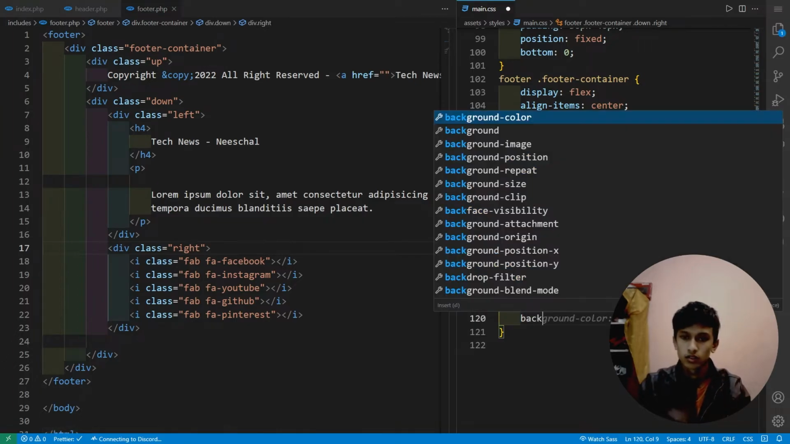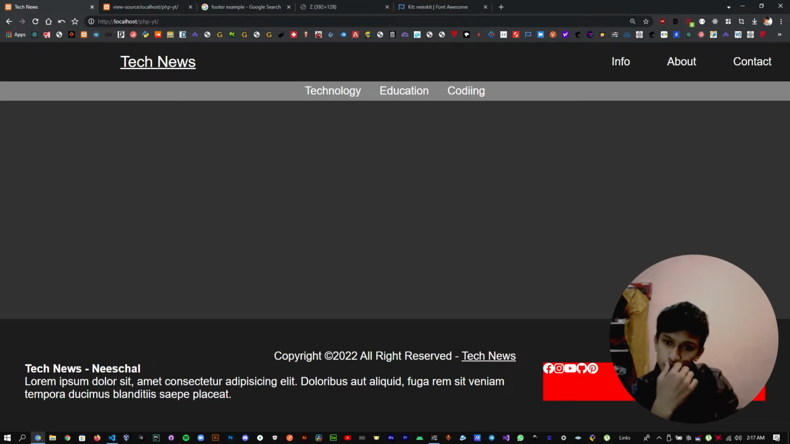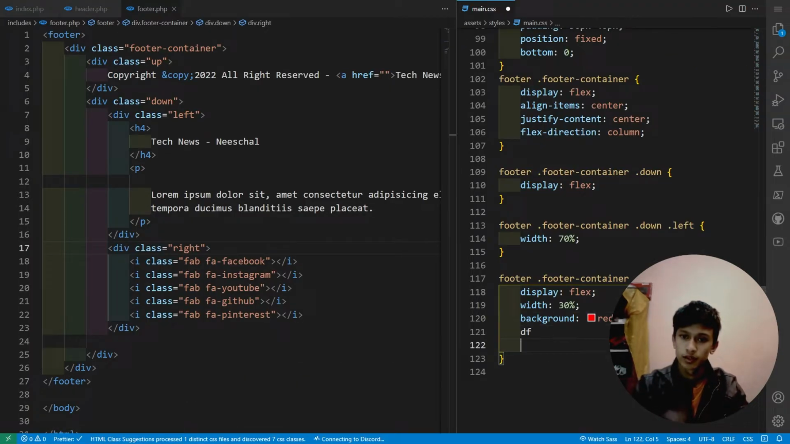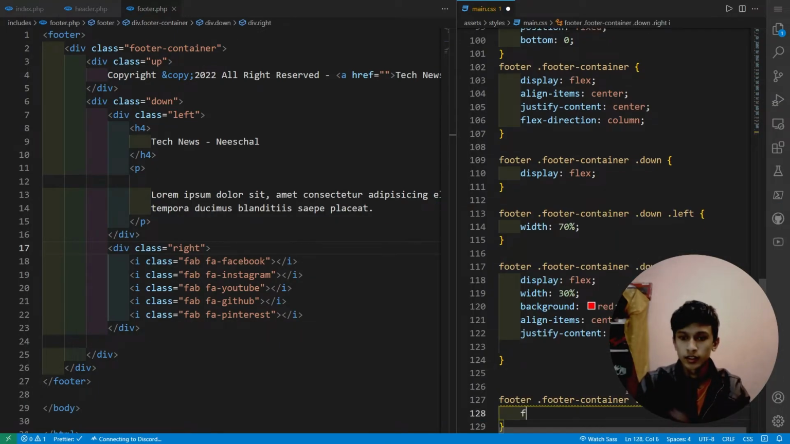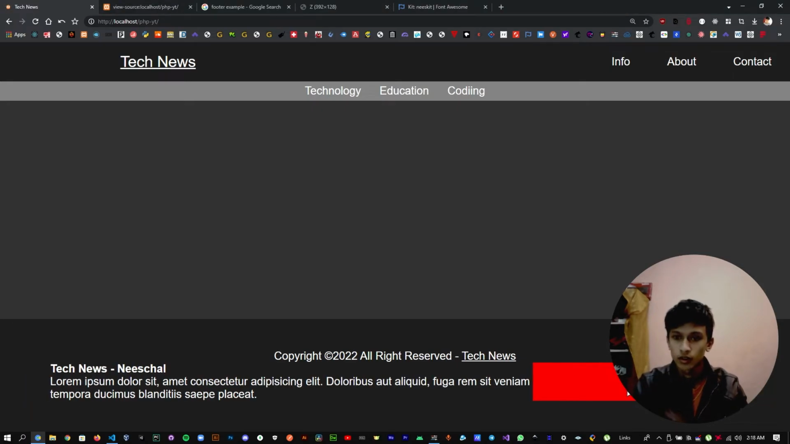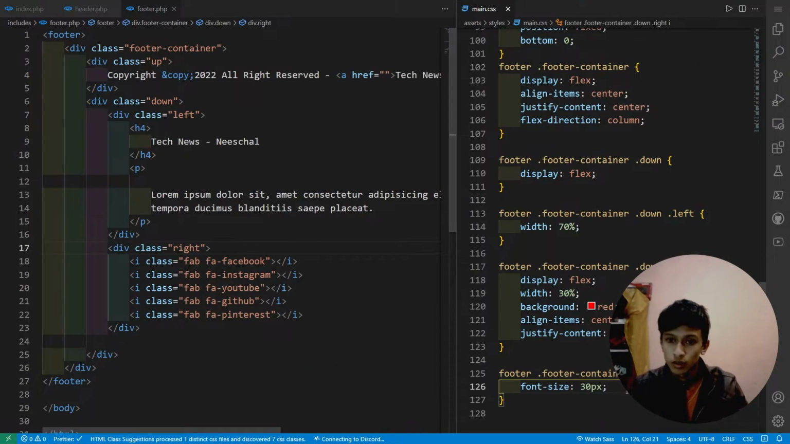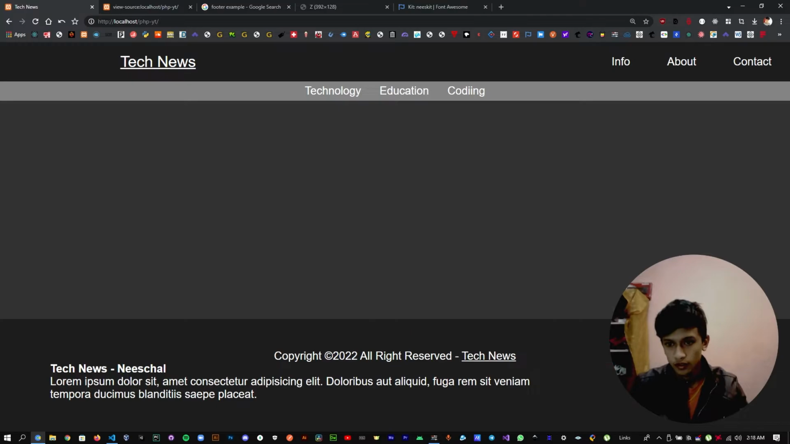Inside dot right, what you need to do is let's give the background, just so we can see how much width, where is it. Let's add display flex, align item of center, justify content of center, and then what we'll do is copy this out, copy, and go to I, and then font size of 30 pixels. If I save this now, I'm getting error now. You can see cool. If I save and reload,